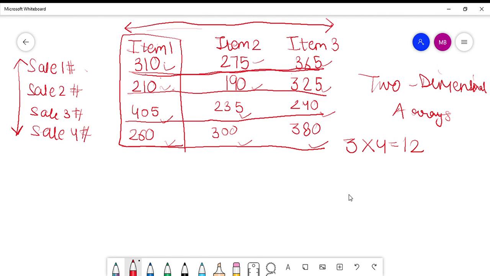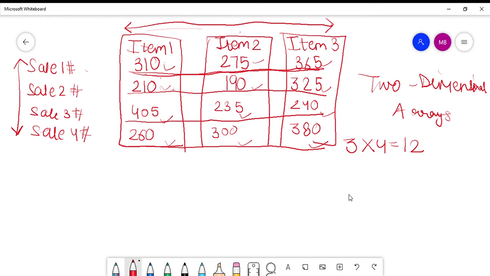For item 2, the values of sales are these. And for item 3, the values of sales are these, right? So these are the columns and these are the rows.